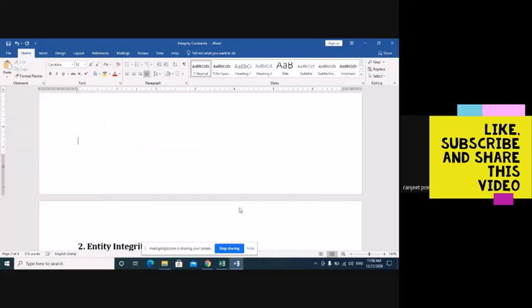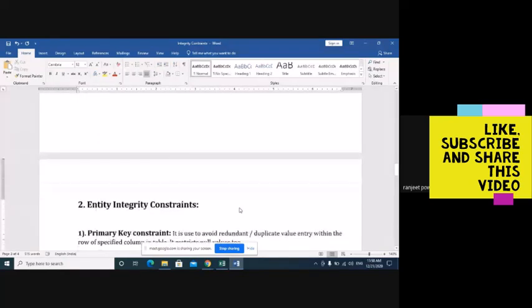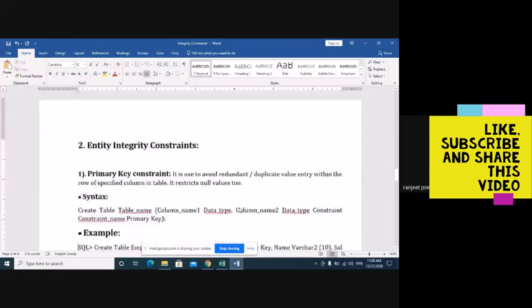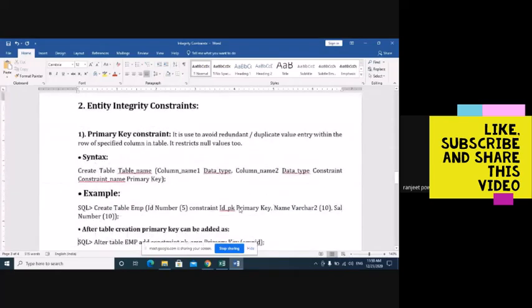The second constraint is the entity integrity constraint. Under the entity integrity constraint, there are two constraints. The first is the primary key constraint, and the second is the unique key constraint. The primary key constraint is used to avoid redundant and duplicate value entry within the rows of the specified column in a table.